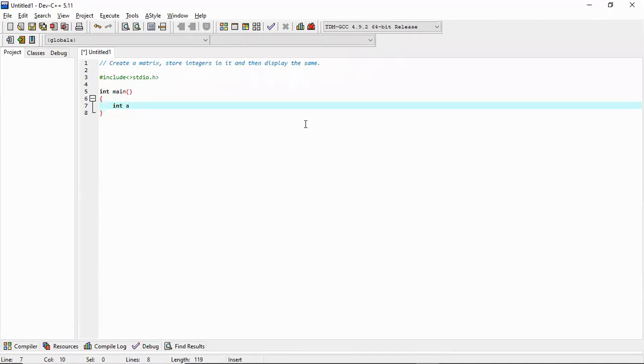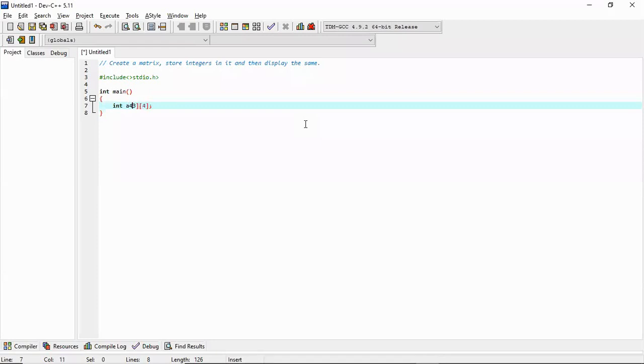and if it were a 1D array, we would have written, for example, 3 here, and this would have meant that we have created a 1D array of size 3. Now we have to create a 2D array, then we will write like this.